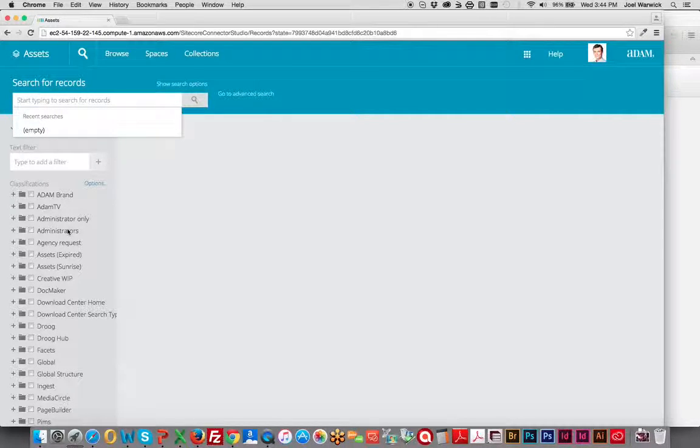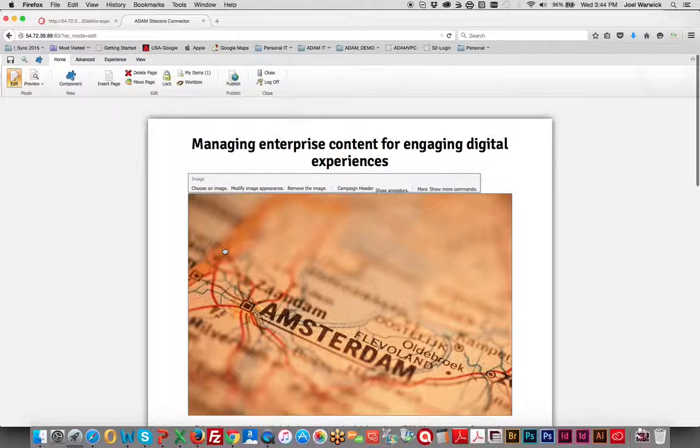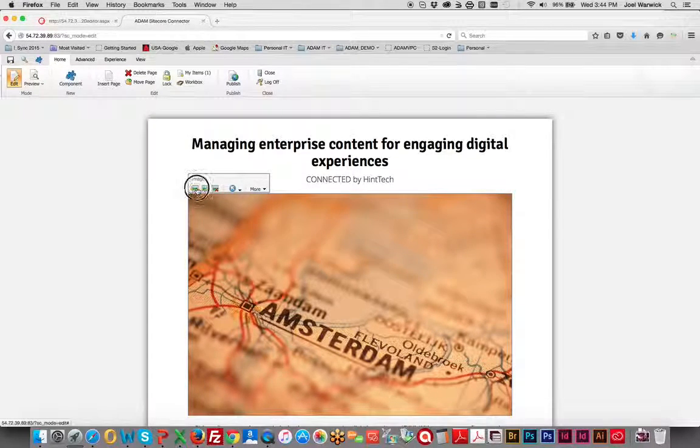But because of the linkage between Atom and Sitecore, I'm actually propagating those metadata updates all the way to the item that's in the Sitecore media library. So it's really acting as one asset. It's one asset, and the item in the media library is just a representation of the master file that's in Atom. So if we go back over here to our page editor, and we are going to try this again,